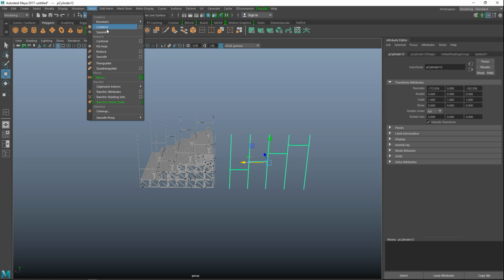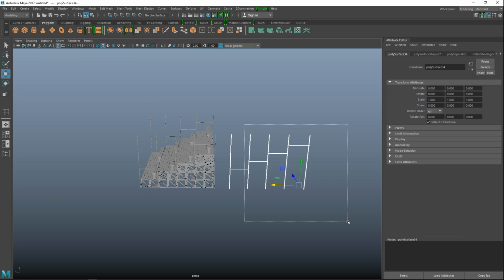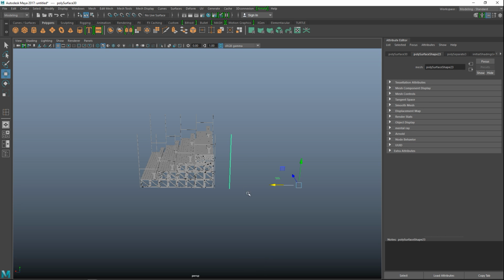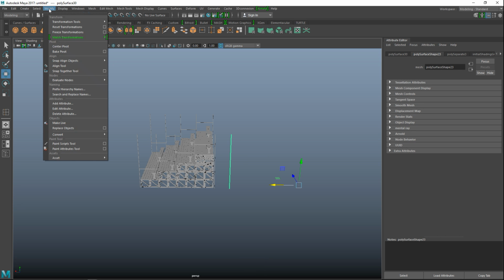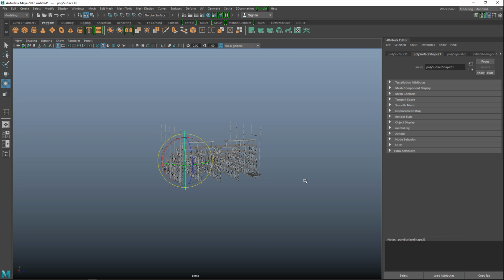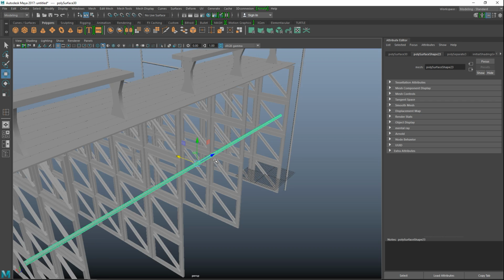I'm going to go to Mesh and Separate, delete all this stuff, just use one of them. Go to Modify and Center Pivot. We're going to hit E to rotate, hold down J to snap it to 90 degrees. We're going to hit W, we're going to move that in. I have to zoom in.